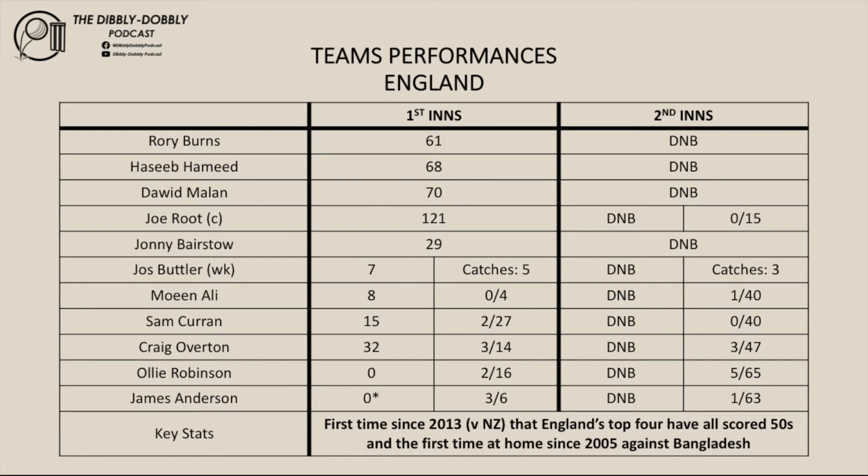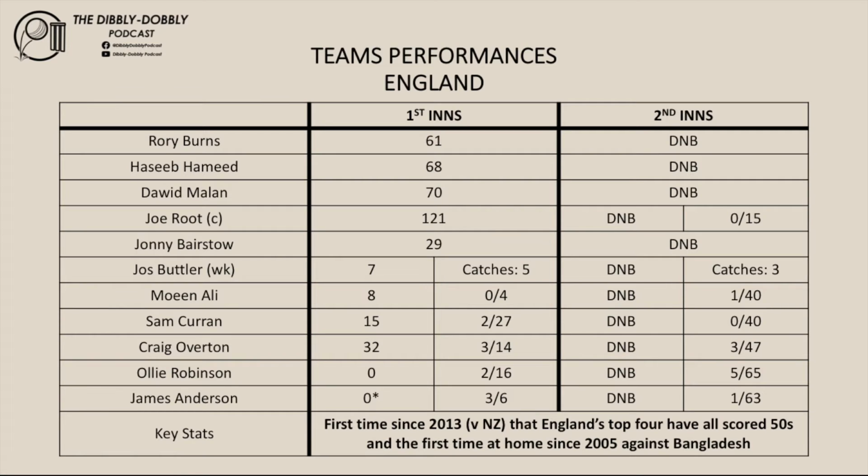I thought Burns and Hamid, the opening partnership, set the tone for England's first innings quite well. They added 135 for the first wicket. That allowed Malan and Root to come in to score runs freely and set the tone for the innings for England. Malan and Root came in, added 139 for the third wicket, which saw England reach 432 in their first innings. So I thought England's batting in this test match, after the bowlers did well to dismiss India for 78,